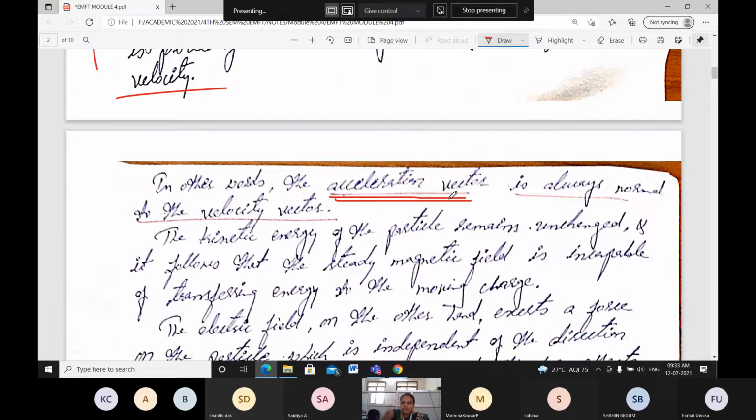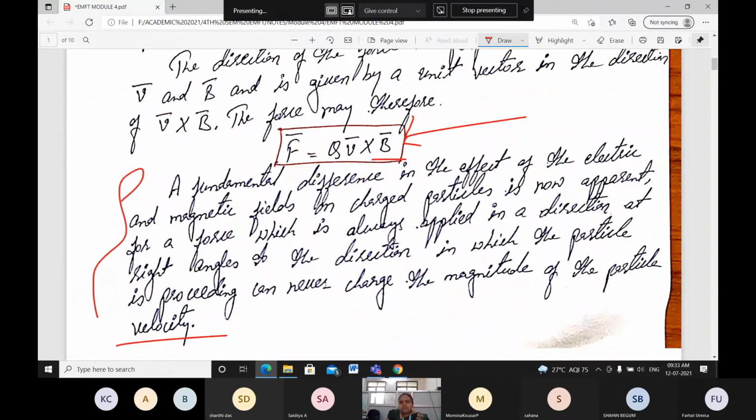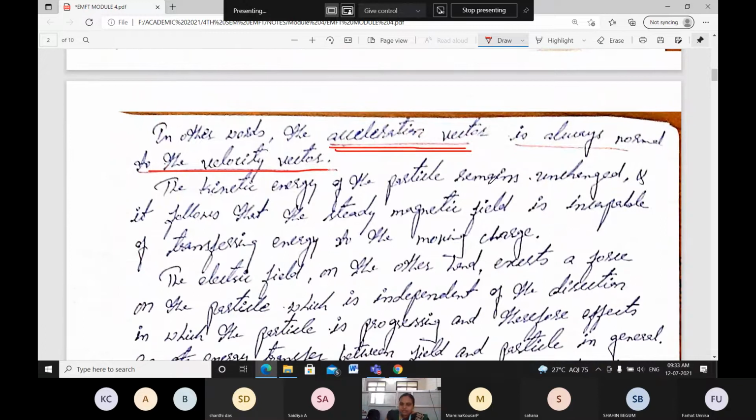Acceleration vector means the movement. The acceleration we will be giving will be in the same direction. The acceleration vector is always normal to the velocity vector. If you are not able to write all of these things, if you write two lines, that will be more than enough. Okay. Then the kinetic energy of the particle remains